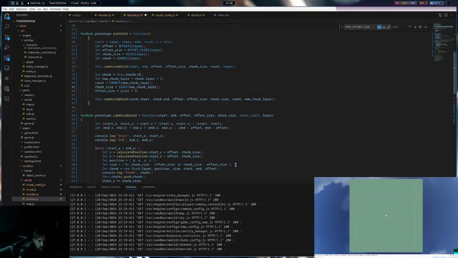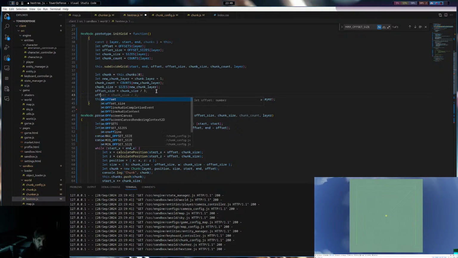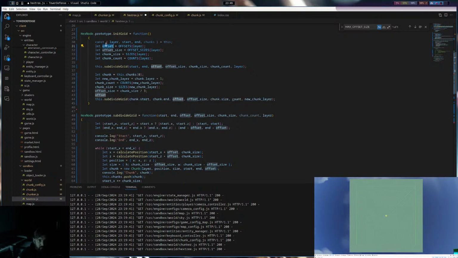Chunk size. I need to say chunk count, because count is confusing. What is size? Oh, that's the actual size. And then the offset size is the chunk size. And then the offset. Offset count.